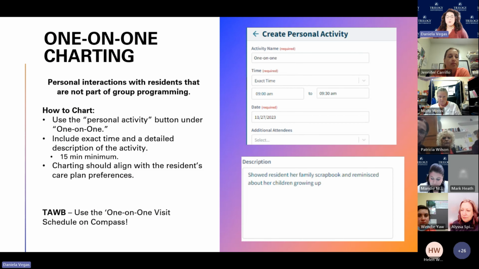Now, when talking about one-on-one charting, this is the list of residents that you have for one-on-ones in your office, where we're doing personal interactions with the residents. Again, this is not part of our group programming, but we do have a schedule for these residents. We also chart this under the personal activity button, and then you will have that one-on-one option under the activity name. You want to put the exact time when it happened, and again, put a description on here of what you did,